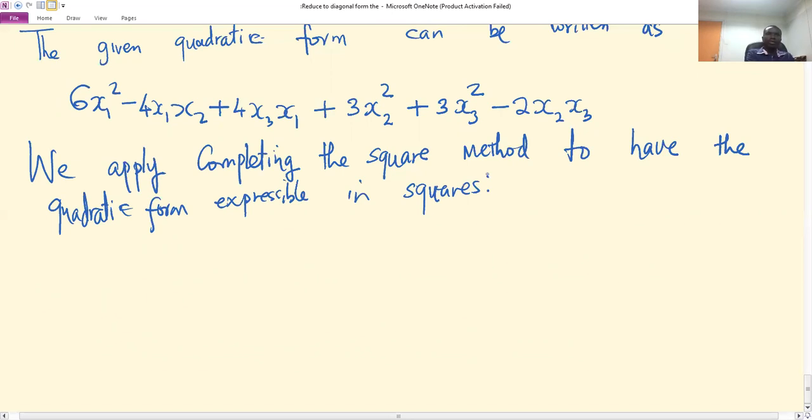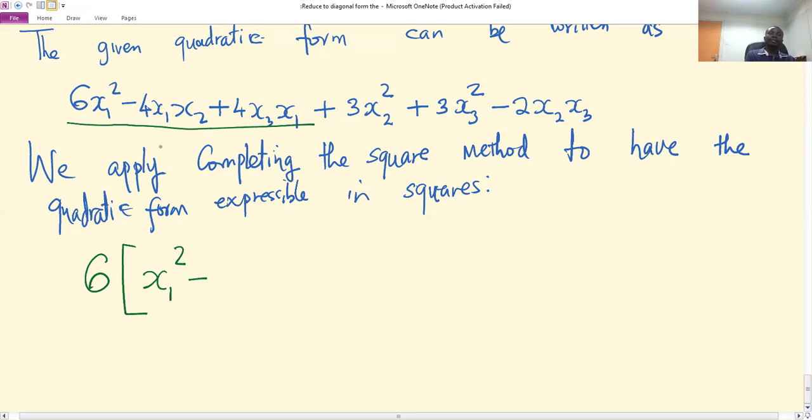Now, you see the first three terms, these terms here, I can write 6 into x1 squared